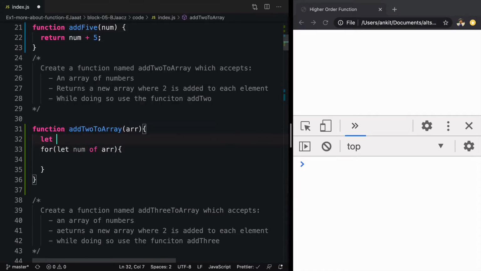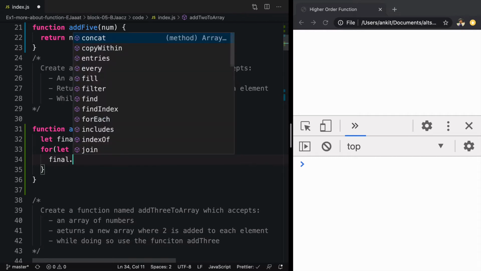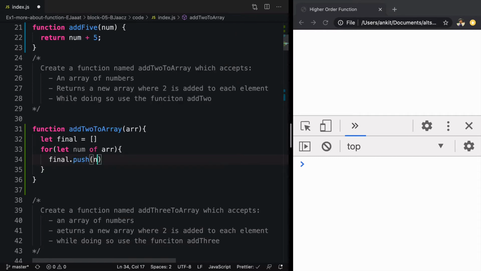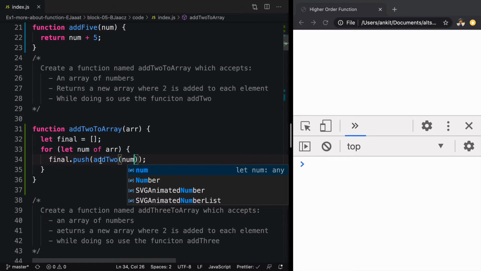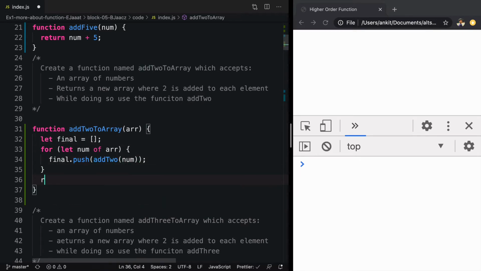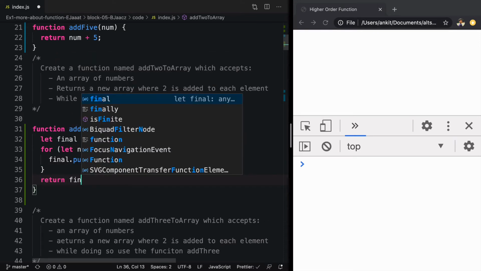We'll create a final variable with an empty array, and here we'll say final dot push. Here we have to add 2, so we'll call add 2 and pass the value num. Whatever gets returned from here will be pushed into the final, and we just need to say return final.